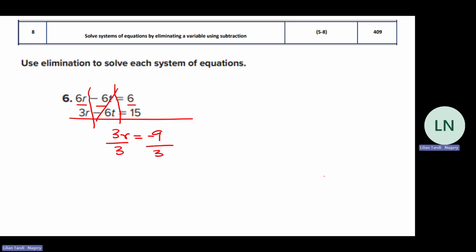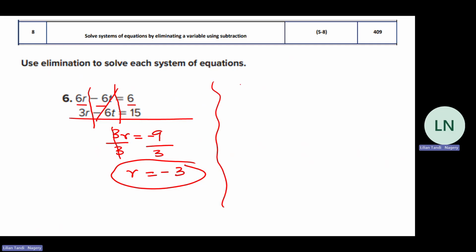Okay. So this goes away. R equals negative 6. No, R equals negative 3. Then you need to find T. I don't care which equation you use, you choose. Whatever equation you want. 6R minus 6T